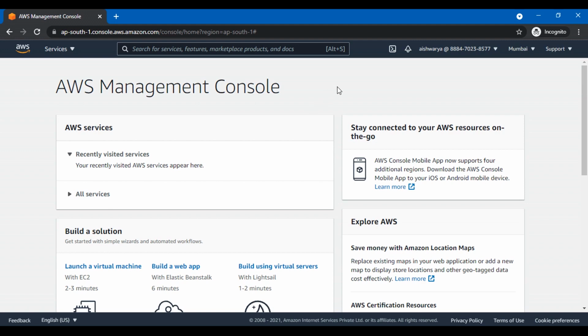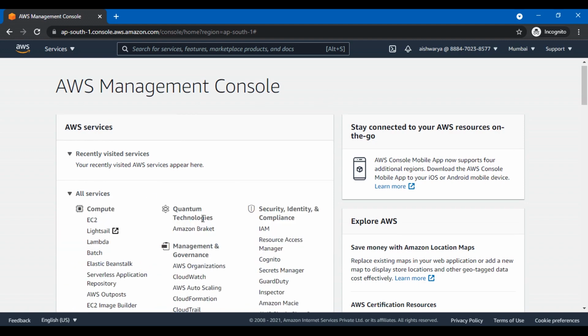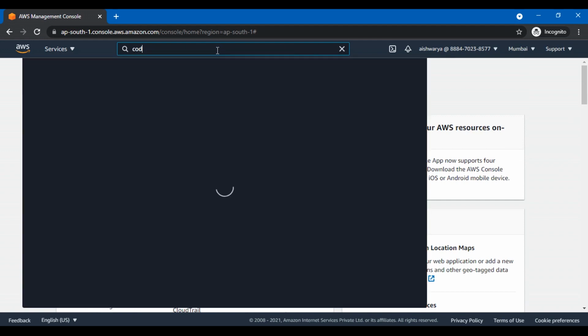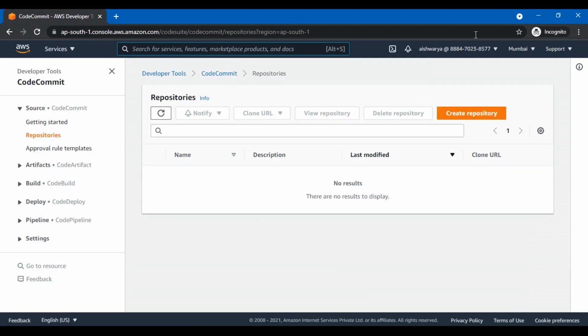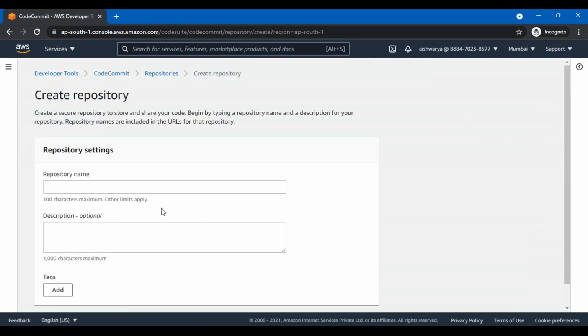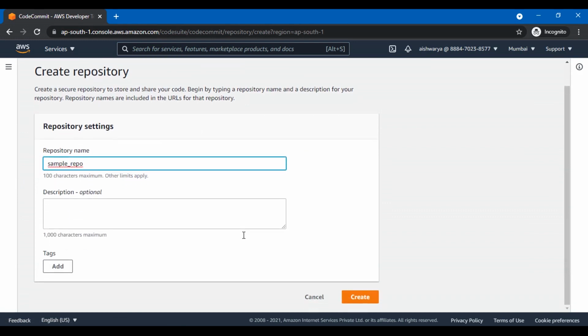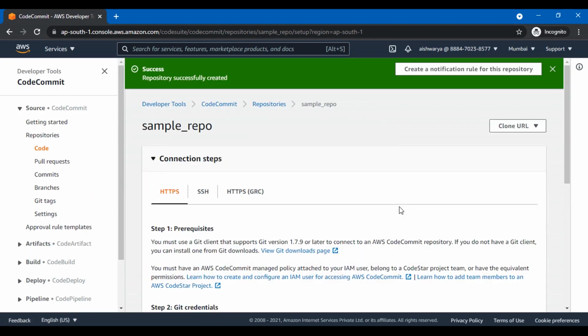So the first step is to create our source stage, which will be created through CodeCommit. Let me search for it here itself. CodeCommit, we will create a repository first. So here I go, just click on create repository. Let's say I give it the name sample repository, and the description is optional, so I am skipping it, and click on create. The repository has been created. Now I can set up a local repository to manage everything locally on my system, or I can do everything from the CodeCommit console itself. For the purpose of this demo, and to keep it simple, I'll just be using the CodeCommit console itself to follow all the steps.